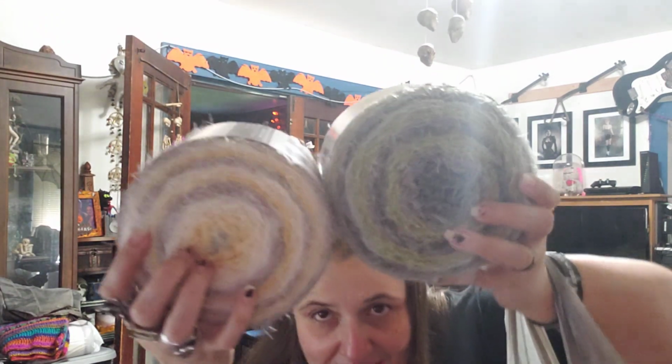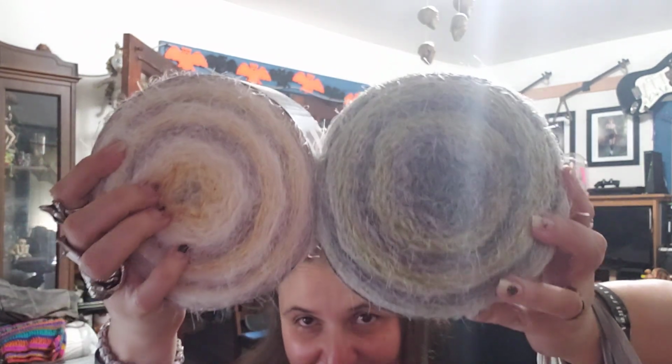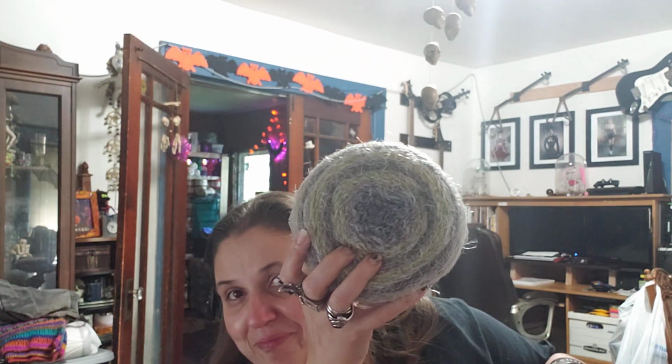I thought this and the Butter Cookie actually go really well together to make something. How cool is that? It's very retro-y looking, right? And the Olive Mint has like, I feel like there should be a little bit of blue in here, but to me there's a dark gray and a lighter gray, and then there's this green that looks to me like Oscar the Grouch green, so I've been calling this my Oscar the Grouch yarn. There we go. So I got 2 of those,